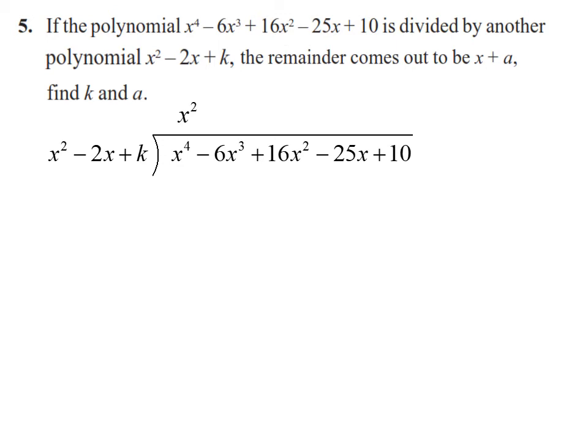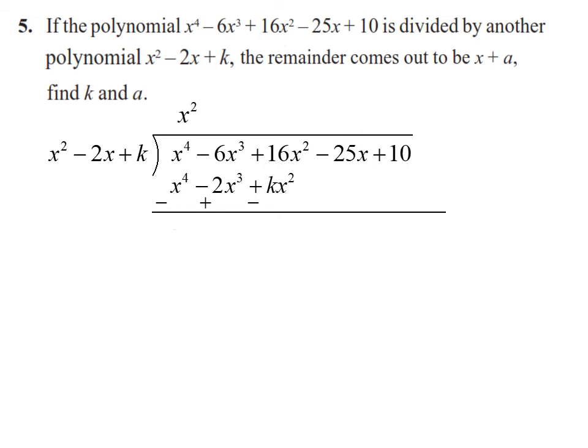So my first number I will get x to the power 4 minus 2x cubed plus kx square. Now changing the signs, plus, minus, plus and minus. So what will happen? The first term x to the power 4 will be cancelled out. 6 minus 6 plus 2 will become minus 4x cube. But 16x square and kx square will not be eliminated. So we have to keep both terms as they are.